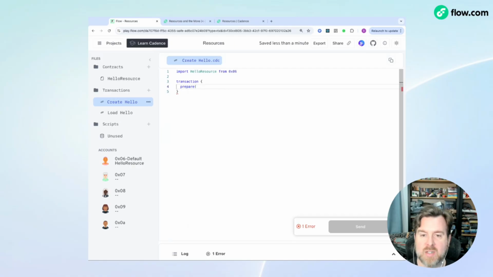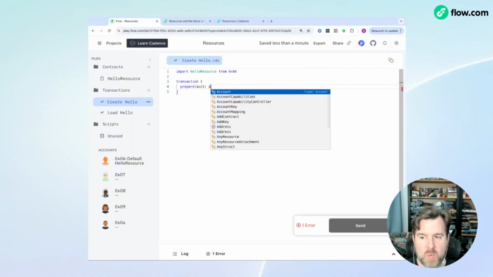But in a transaction in Cadence, you need to specifically ask for the entitlements that you need so that the signer of the transaction can see exactly what might happen. And then this is also used for wallet applications so that they can indicate to the user what might be happening. So here we're going to get our reference account and we're going to ask for authorization to save a value